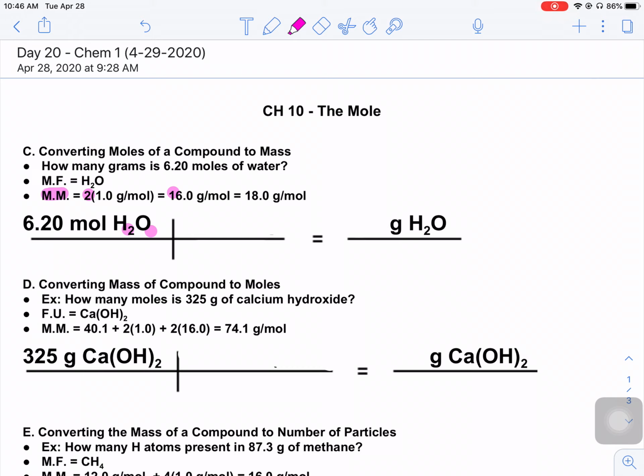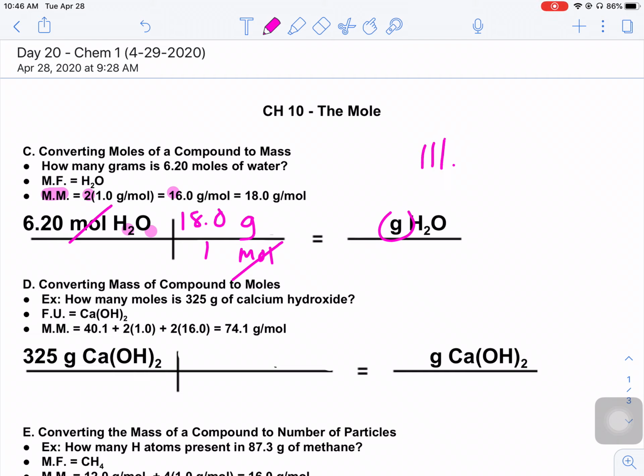Okay, so the next thing I want to do is convert from moles of water to grams of water. So moles are going to go on the bottom, and I can show unit cancellation, and I want to end up in grams, so I'm going to put that on top. And remember, guys, most of the time the 1 goes with the moles, and in this case the 18.0 goes with the grams. Okay, so get your calculators out, and I'm going to multiply 6.20 times 18.0, and my calculator gives me